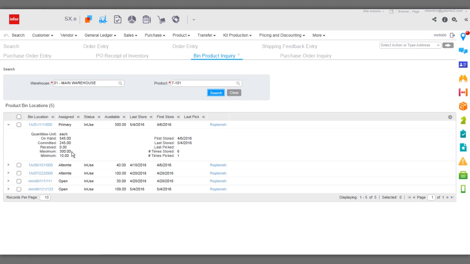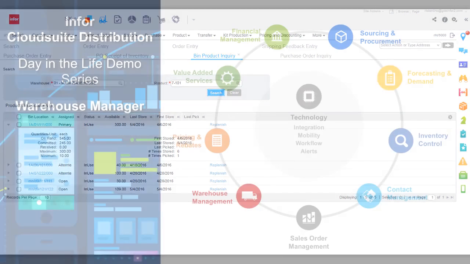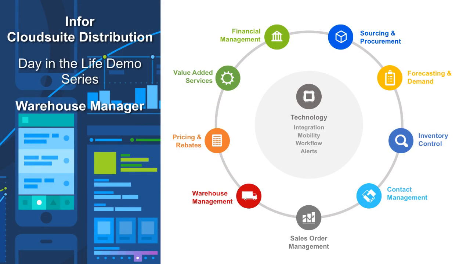An efficient, accurate, and reliable warehouse operation depends on maintaining accurate product information, size, weight, and dimension information, as well as bin location capacities and sizes. The Warehouse Manager module provides the tools to make it happen. This has been an overview presentation of the Warehouse Manager module, part of the Day in the Life demo series